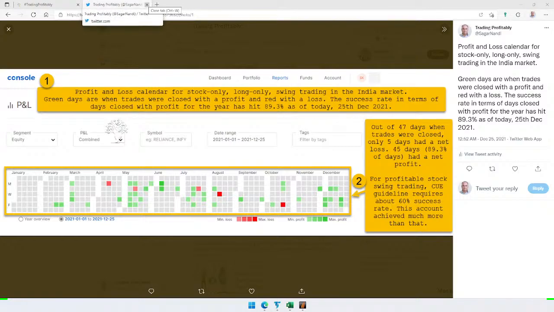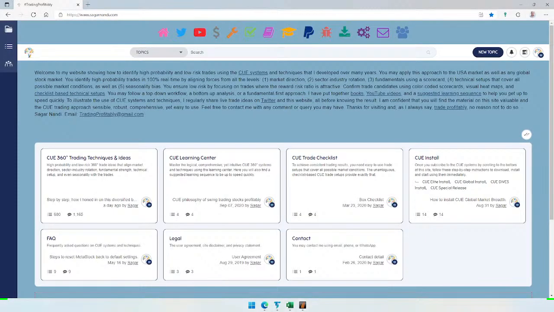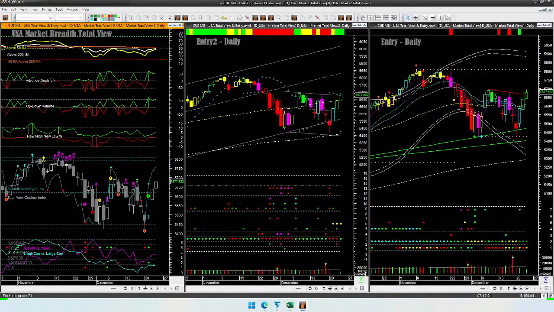And one of the secrets of that success rate was that I could be on the right side of the market. Being on the right side of the market was possible for me most of the time, because I did not just look at market indices, market futures, and market ETFs, but I also looked at several market breadth studies like I am sharing with you for the USA market. I use the market breadth studies for USA as well as for India. And that helped me in the USA market also. How?